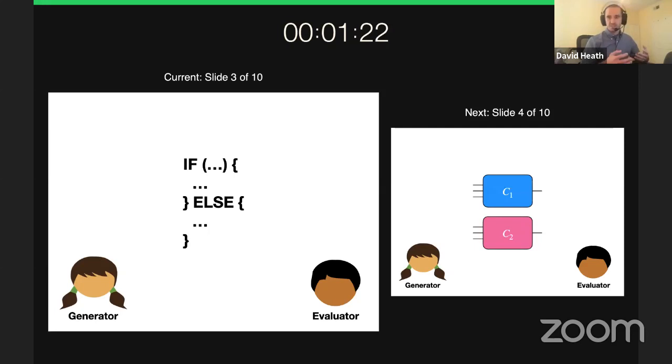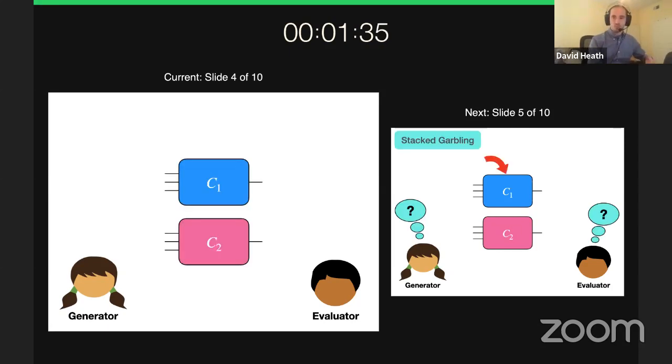So this is garbled circuits, and in this work, we extend garbled circuits to efficiently handle conditional branching that arises in the underlying program, for example this if-else program that I have written here. In order to represent conditional programs, we need more than one circuit. In particular, we need one circuit per branch.